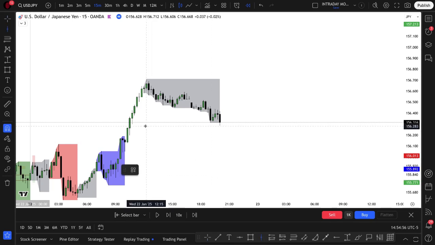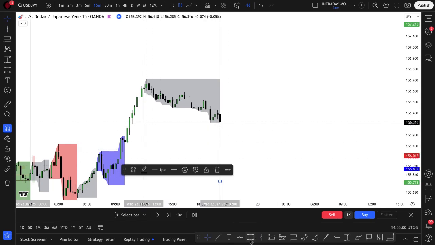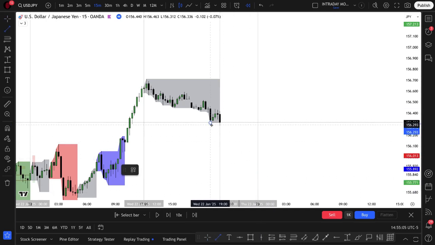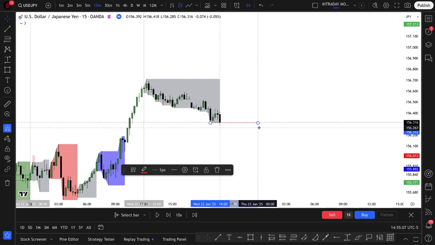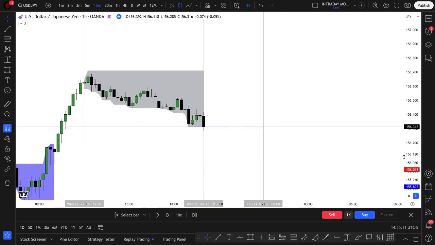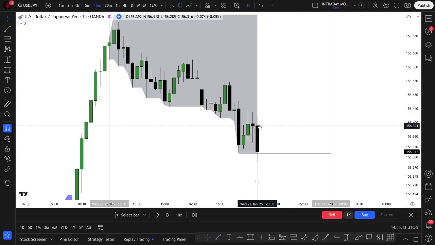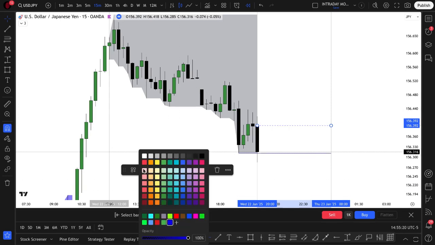12 to 8 midnight. At 8 o'clock, it runs down and takes out this swing low. It sweeps it right at 8 o'clock. So I'm considering that a break on sell side. Take a look at that closely. Right at 8 o'clock, the 8 p.m. candle, Asian Open, runs out, takes out that sell side immediately. So that's my purge. So that means I'm going to be looking for a revert back to buy side liquidity